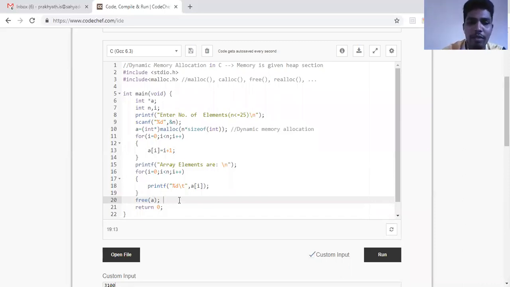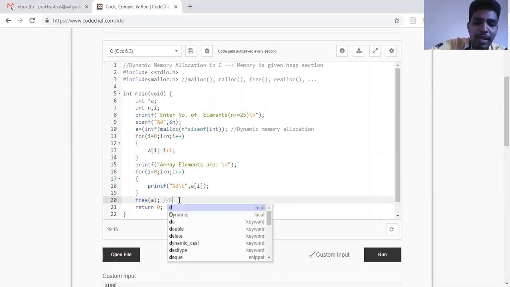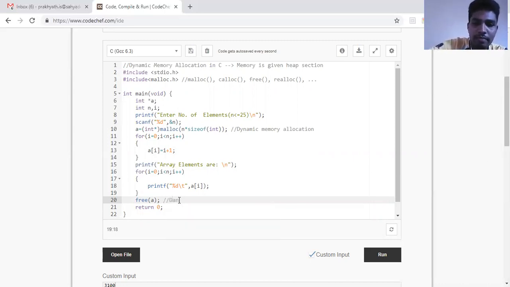But one thing you have to remember: once I free that, it will become a dangling pointer. These are not errors. These are handled by your operating system. Nowadays in modern IDEs, operating systems are smart enough to handle dangling pointers and memory leaks. But as a good programmer, it's our duty to release the pointer after use. What do you mean by a dangling pointer? A was holding some memory. I removed the memory, but A is still holding some garbage value. So I should make A hold a null value.